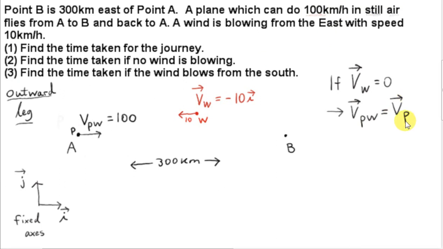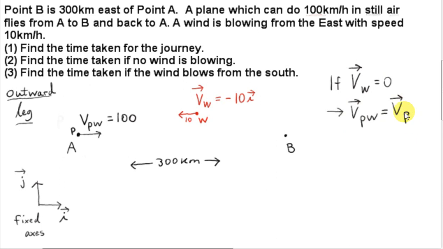Well, this is the velocity of the plane relative to the ground, if you like. So when we say we're looking for the velocity of the plane, it means we are looking for the velocity of the plane relative to the ground. We could put a G in here to emphasize that, but normally we don't do that. We can think of this as the absolute velocity of the plane. By absolute we mean the velocity of the plane relative to the fixed ground. But if there's no wind, then the velocity of the wind relative to the ground is 0. So the velocity of the plane relative to the wind is just the same as the velocity of the plane